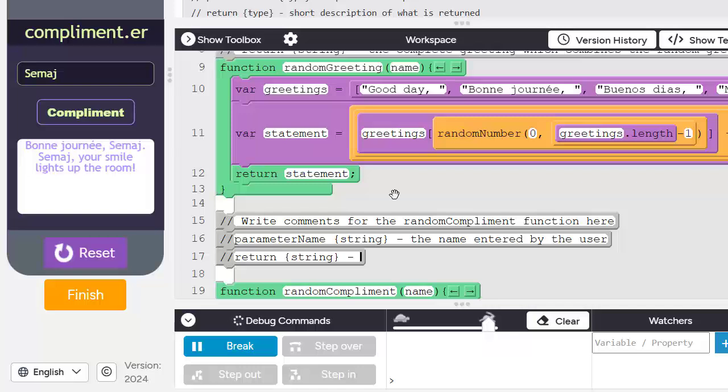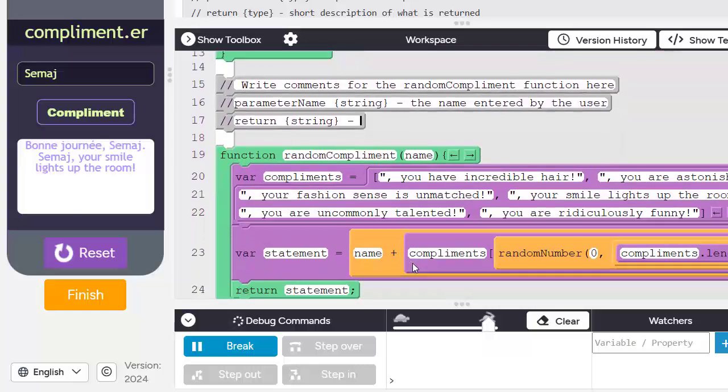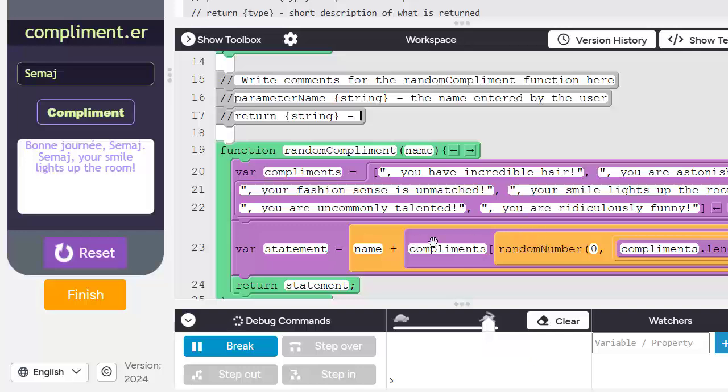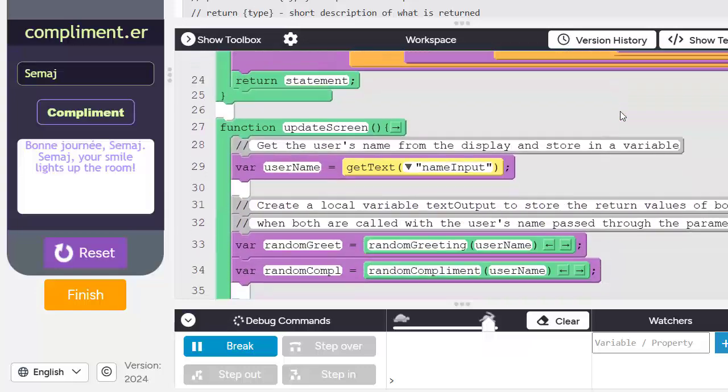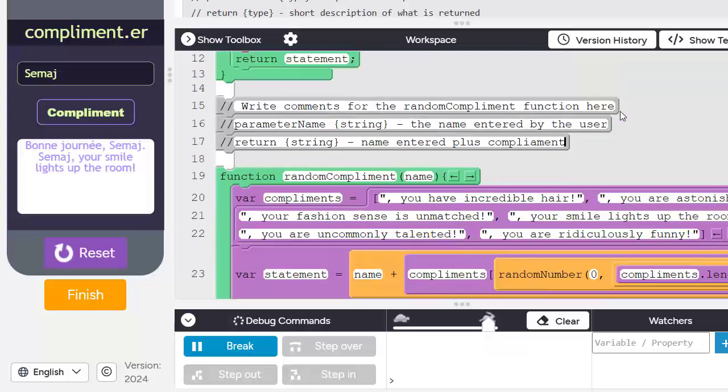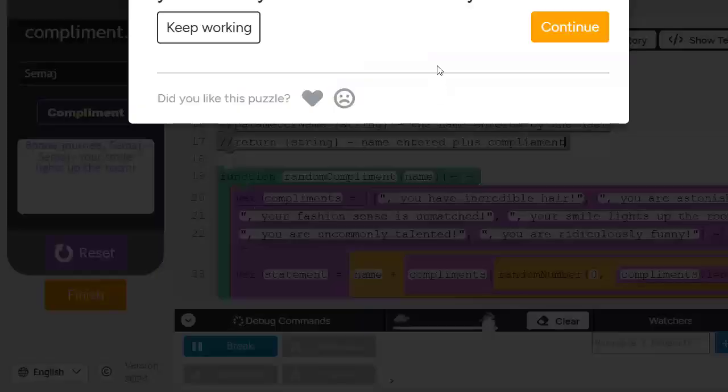And let's see, what do we get there? Short description. So that is the person's name plus a random complement. Name entered plus complement. Okay, so this one's done. So I'm going to click Finish, Continue, and go back to number 6